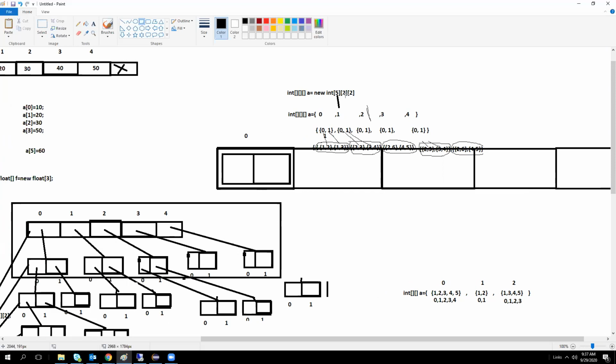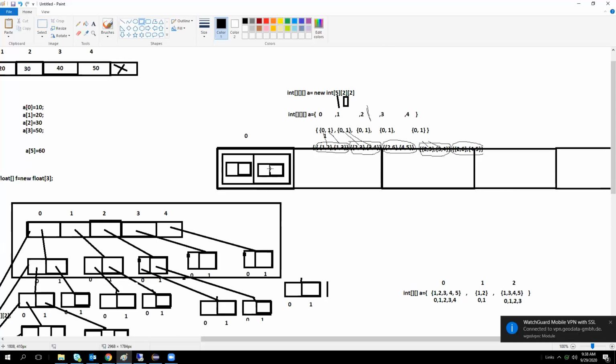Again, after these 2 we can create one more array at this location, and this location. Array within the array, array within the array. It will go until as many arrays as we declare here.